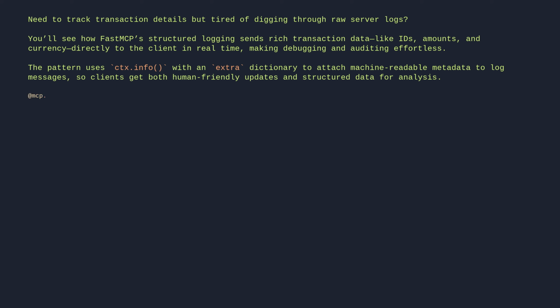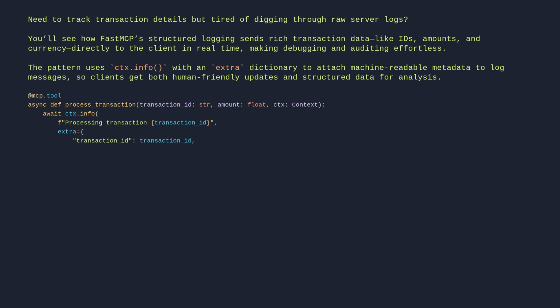@mcp.tool async def process_transaction(id: str, amount: float, ctx: Context): await ctx.info(f"Processing transaction {id}", extra={"transaction_id": id, "amount": amount, "currency": "USD"}) # processing logic